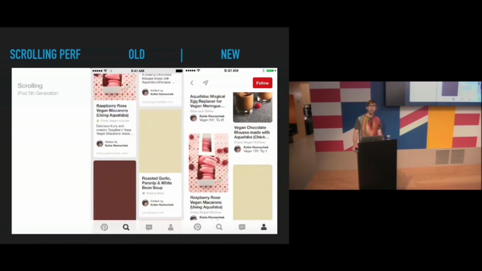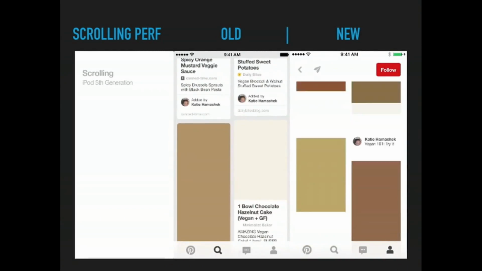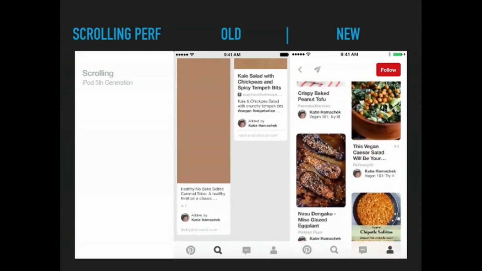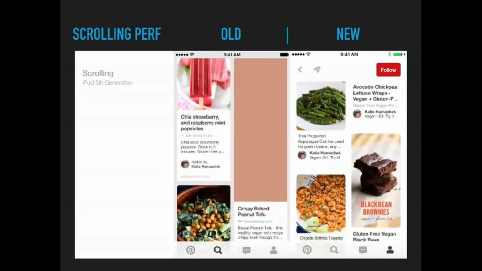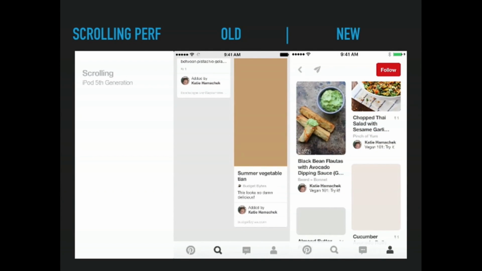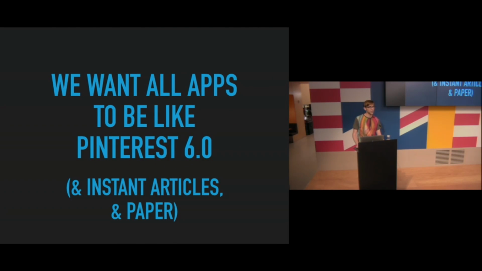Here's a scrolling example. This was actually taken earlier this year, several months before launch, before final optimization. So we were able to get 60 FPS on a very complex view. So really all ASDK developers want apps to be like this. And it's definitely not just Pinterest, it's also all of the other apps and many in this room that use